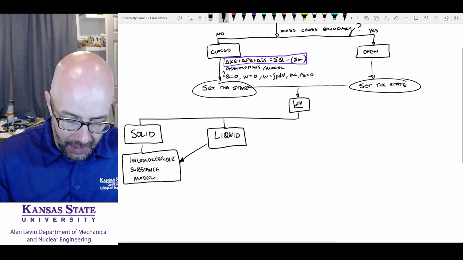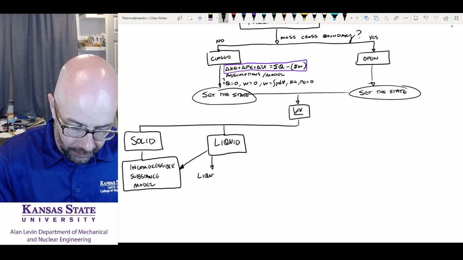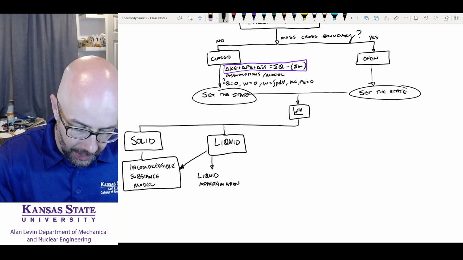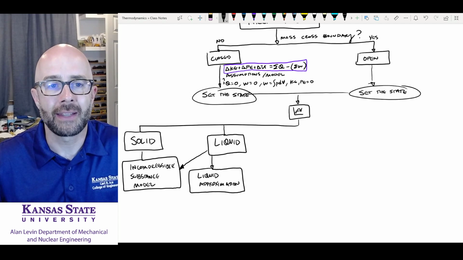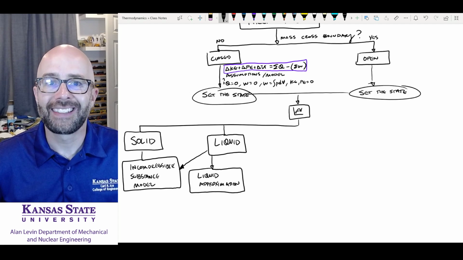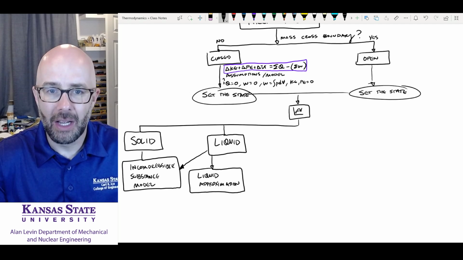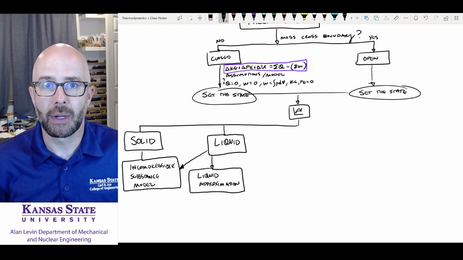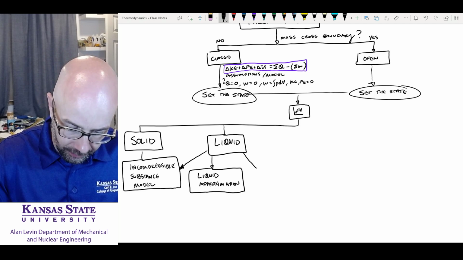The other thing that we could do, we could go down here, we could say, well, we could also do the liquid approximation. Okay, that is given to you as you approximate the properties as if they are saturated liquid properties at the temperature that you've been given. I'm not going to really go into all that detail in this box. I'm just going to say, hey, refer to the liquid approximation. Or if you're water,